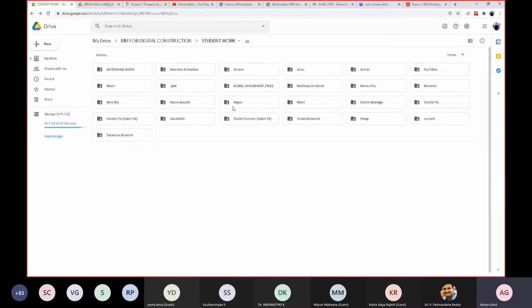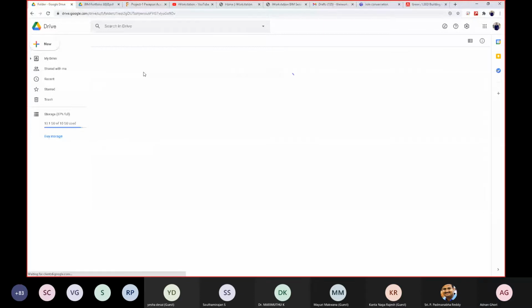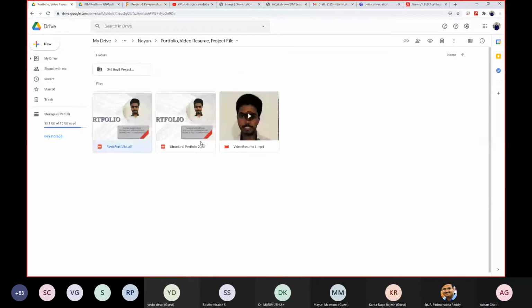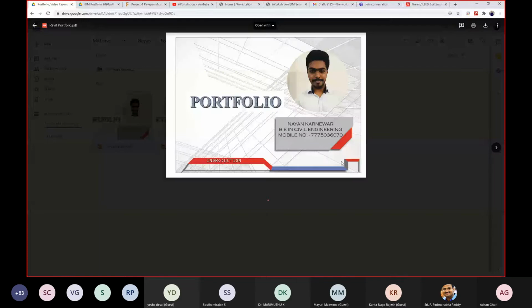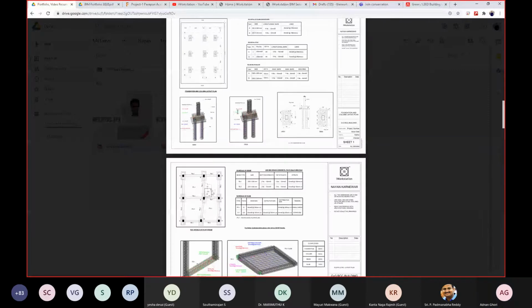Let's check a structural portfolio. Here you can see another portfolio by a civil engineer, previously it was of an architect. This is by a civil engineer. You can see his project. He has extracted the GFCs, the good for construction drawings, on the sheets.